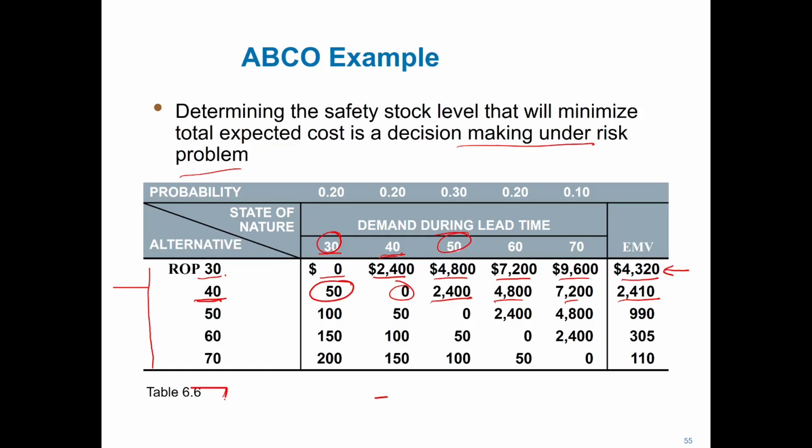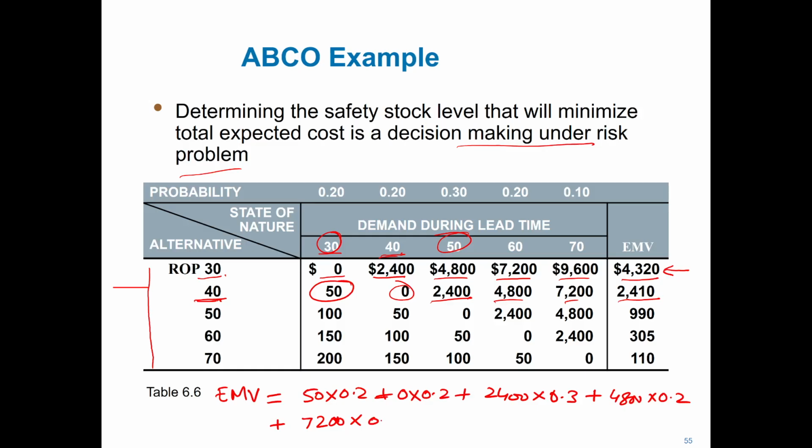Let's say EMV is equal to 50 multiplied by 0.2 plus 0 multiplied by 0.2 plus 2,400 multiplied by 0.3 plus 4,800 multiplied by 0.2 and plus the last one is 7,200 multiplied by 0.1, and what we get is the last figure over here,